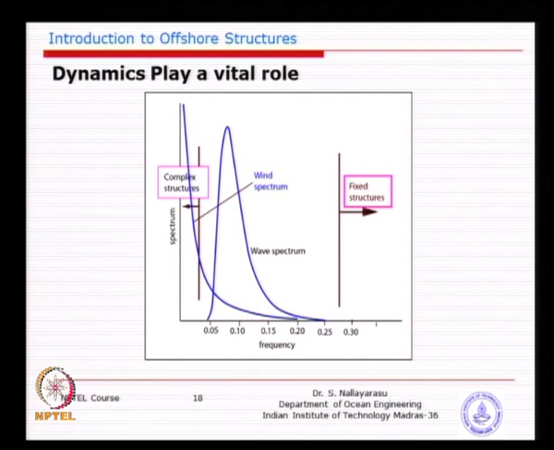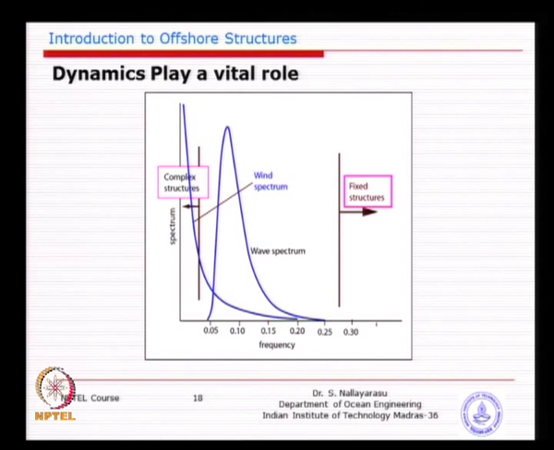Basically, you see here the frequency of the wind spectrum and the frequency distribution of waves, and you see most of the fixed structures, actually I should have drawn in period instead of frequency, it would have been easier. So, if you convert, about 0.25, 0.3 will be falling at sort of 4 seconds. So, if you are having low frequency components like you see there, the wind is even very low compared to the wave spectrum. Later on you will see in your hydrodynamics course, this is true for most of the sea states, you go all around the world.